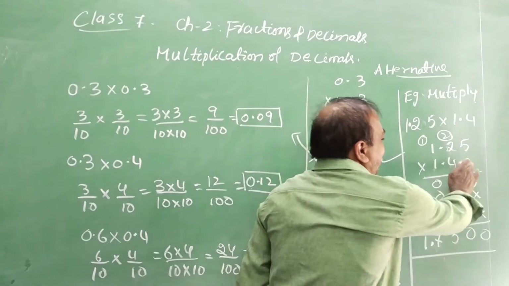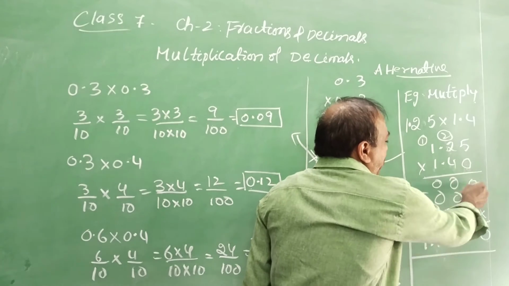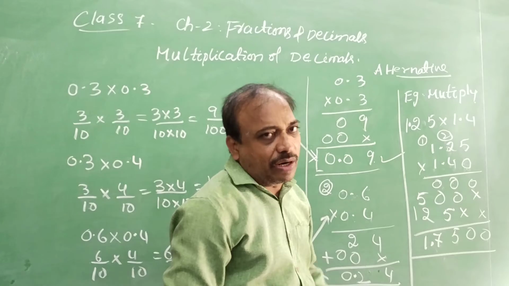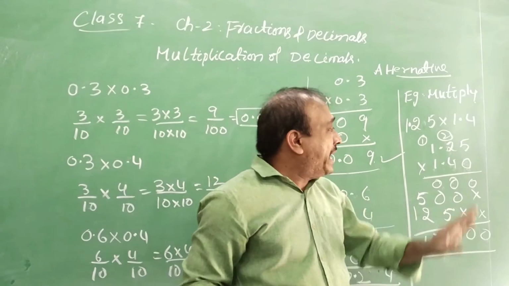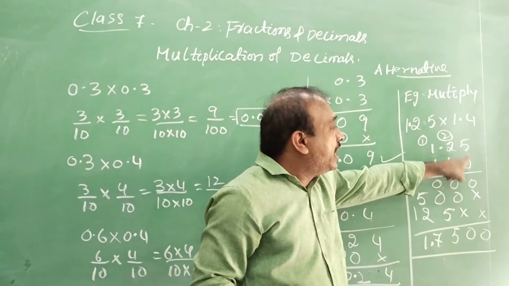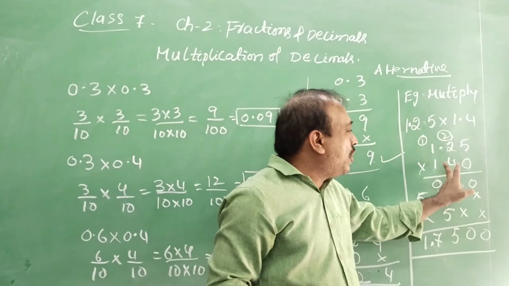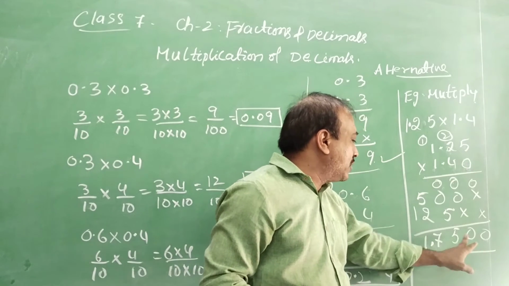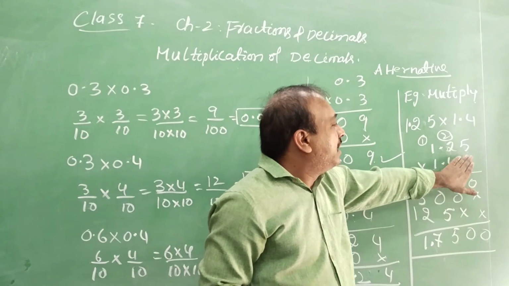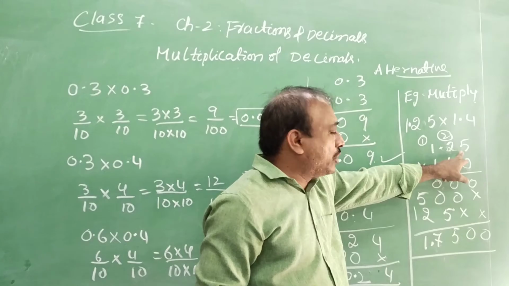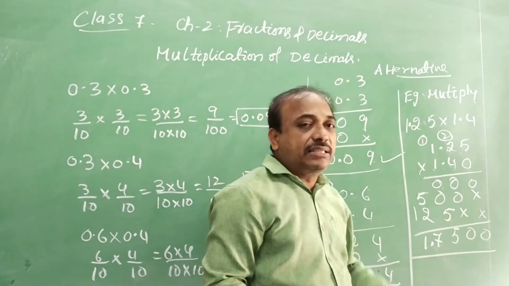If you don't write the 0 here, then this column won't be there, and you would only have to count 3 digits. However you multiply, when you are writing 0 here, you need to count here as well. After the point 2, so total 1, 2, 3, 4. If you don't write this one, it is 1 plus 1, here 2 and here 1, total 3.